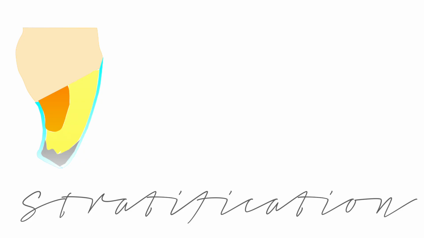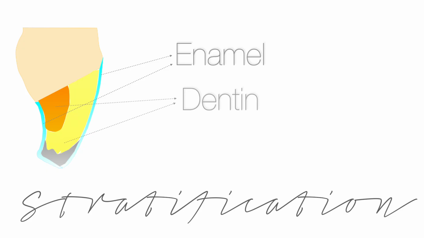So the stratification, what we do, basically, we have to take into consideration that the enamel, both layers, the palatal one and the vestibular one, might be much thinner than the natural enamel. We have to be careful with the dentin, and the dentin is the one that is going to give us the color of the restoration. So we have to match the color of the dentin because the enamel will work only as a color modifier, remember that. And then for the incisal edge and to do the halo, we have to place a transparent composite.